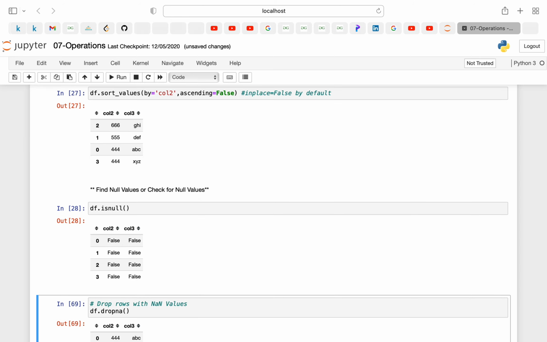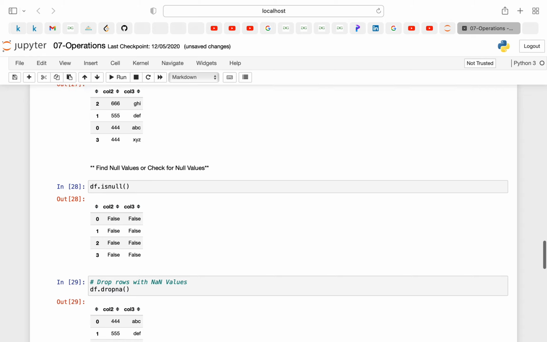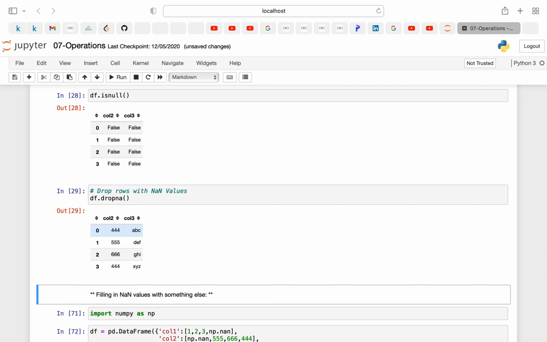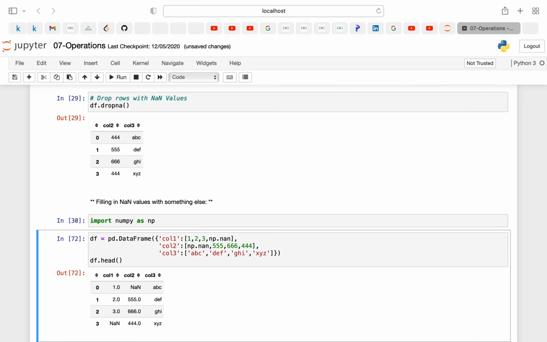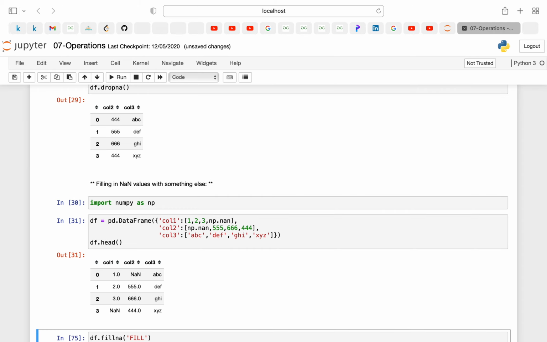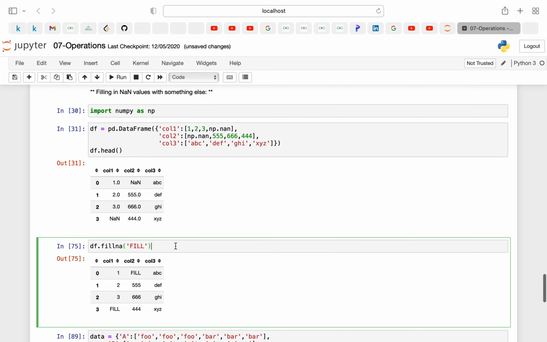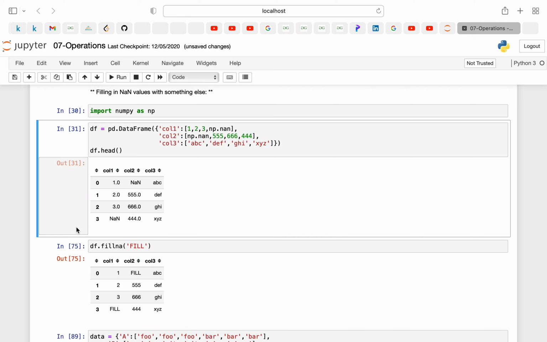Now isnull will basically give you a series of booleans if you have any null values, and df.dropna will drop all the null values from a particular column. Now how can we fill those null values with particular values in a particular column? So I'm declaring one column. As you can see, I have one null value at my column 2 first place, and here also I have one null value. You can apply this to a particular column, and you can also apply it to the whole data frame. If you pass df.fillna and you pass some string, it will apply it to the whole data frame. Suppose I'm just applying it to a particular column.